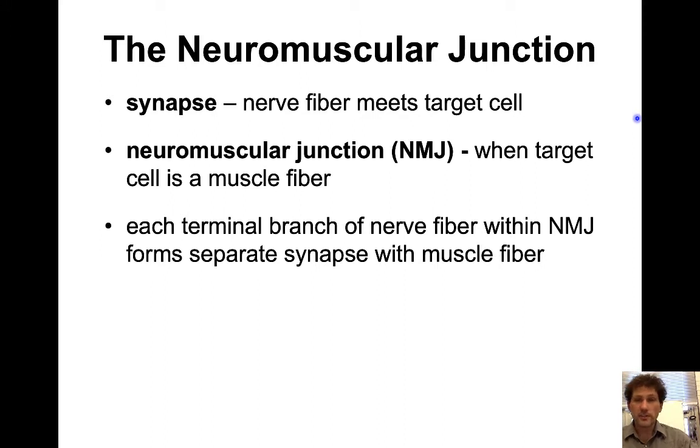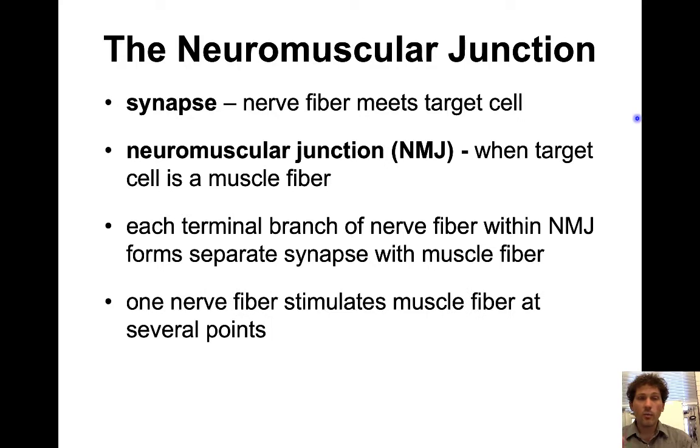Each of those branches is forming a separate synapse with that muscle fiber, as we just saw with that previous image of those motor neurons. And one fiber will actually stimulate a muscle fiber at several points along its length, okay? When you have that branch coming out, it's not just going to one spot on that muscle fiber, but remember, those muscle fibers can be really long, and so we need to stimulate at different locations along that